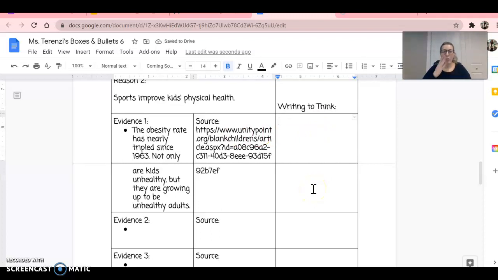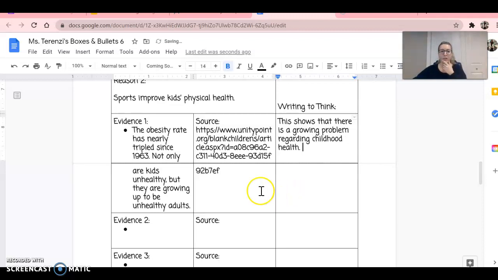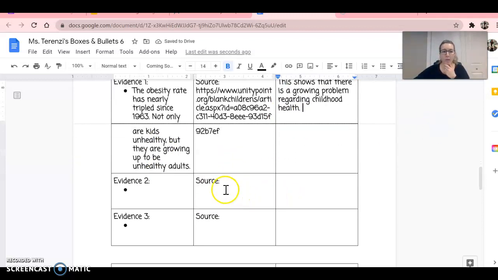Now, writing to think. Why is this important? This shows that there is a growing problem regarding childhood health. Okay. All right, now I might change that up when I go back and write, but that's good